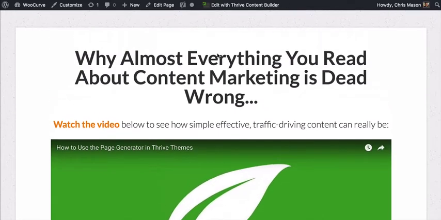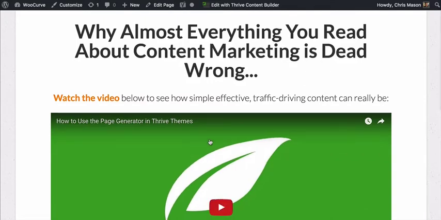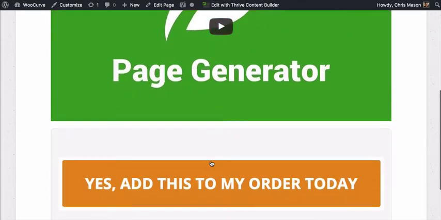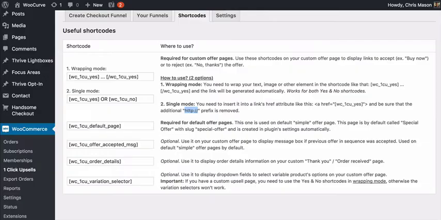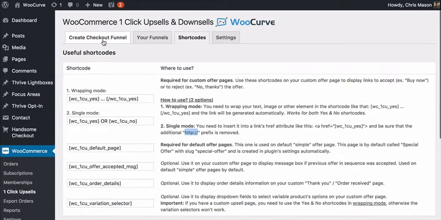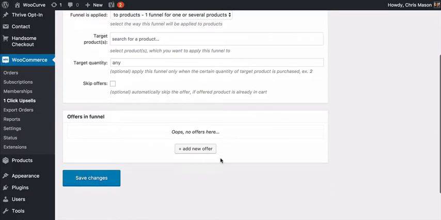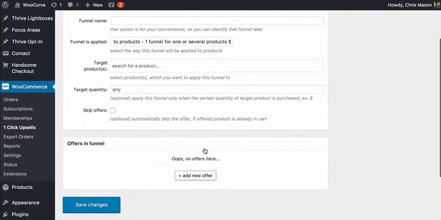And again, with one-click upsells, I have the ability to use any page, any custom page I want to sell my one-time offer. And so here I'm using a video, but I could easily be using text. And I can insert these shortcodes onto any page at all, and then once I connect it all up inside of the funnel, once I add my offers here, and then I direct this, after somebody makes whatever purchase here,